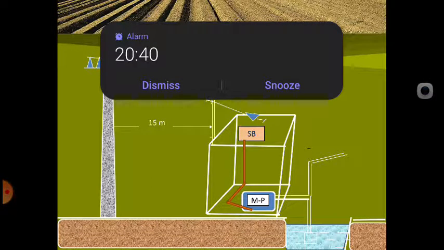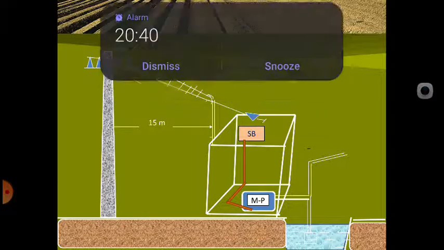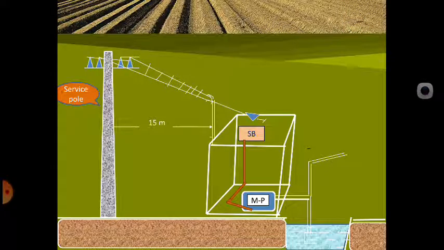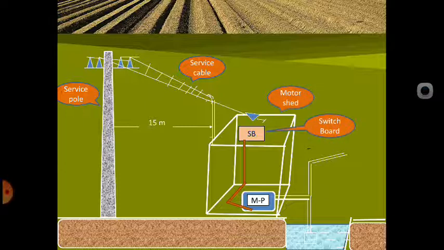Now this is a service wire, you can see it. Next here is a service cable, and motor shed, and switchboard and conduit, and this is the motor, and this is the valve. So these are the basic